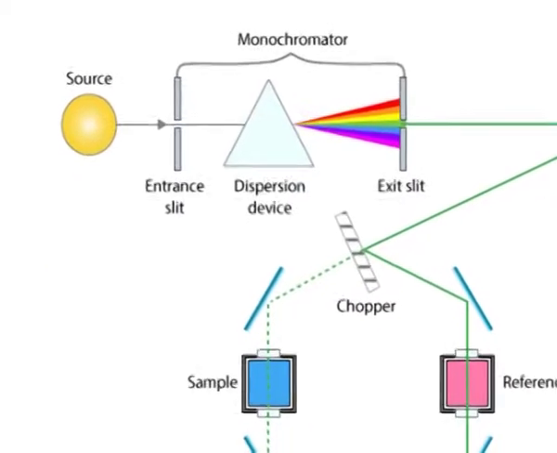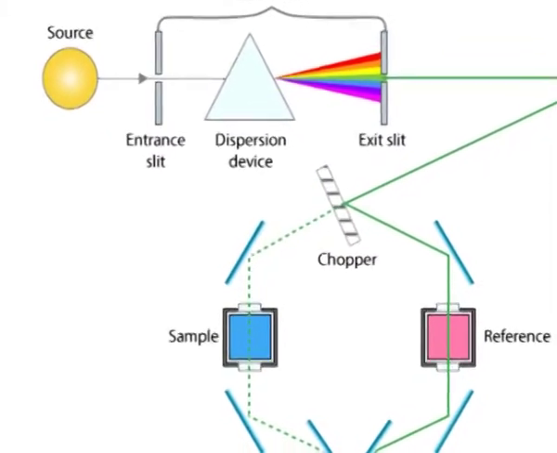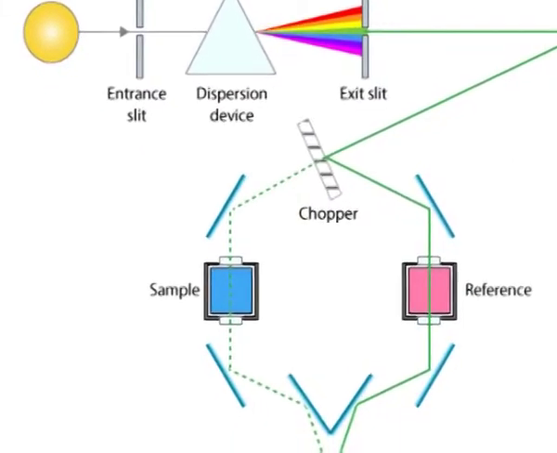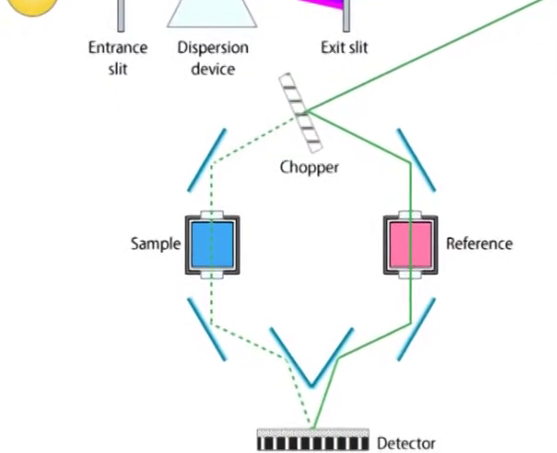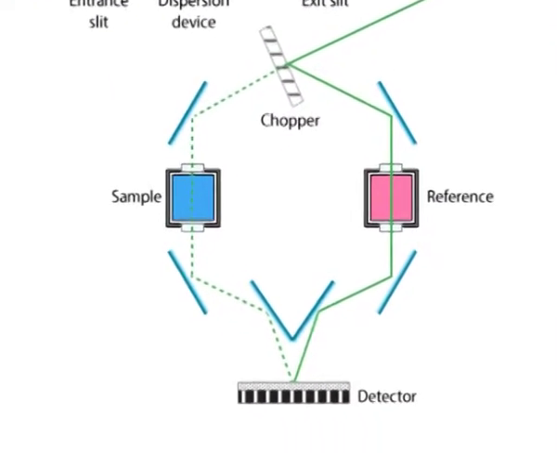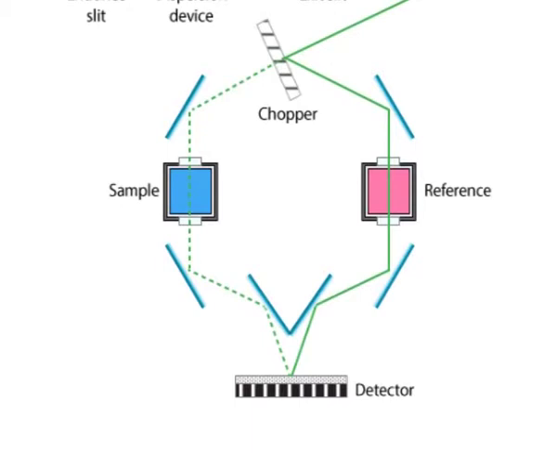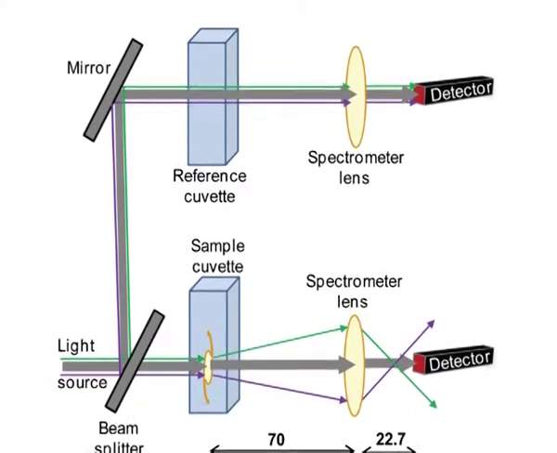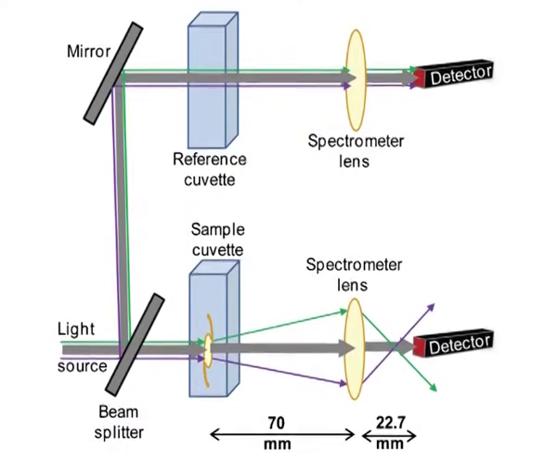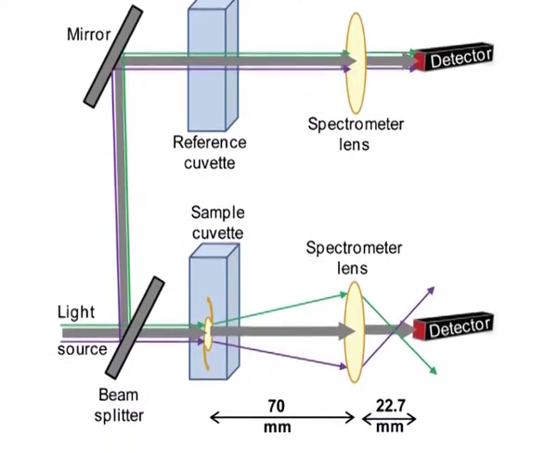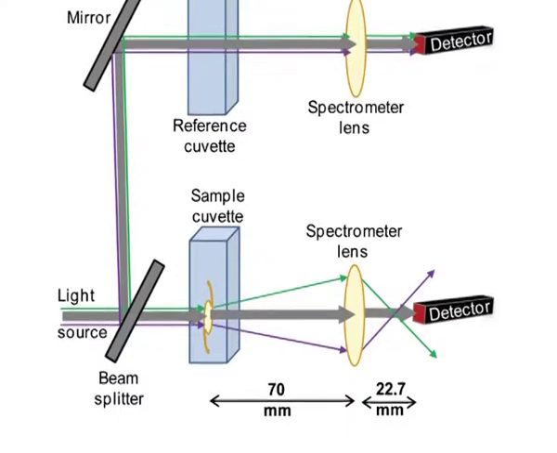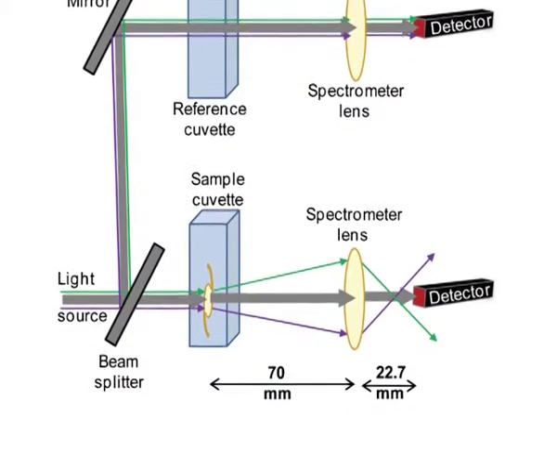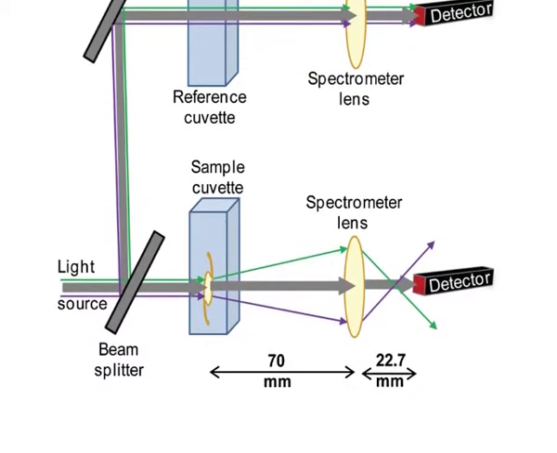In a double beam instrument, the light is split into two beams before it reaches the sample. One beam is used as the reference, the other beam passes through the sample. The reference beam intensity is taken as 100% transmission or zero absorbance, and the measurement displayed is the ratio of the two beam intensities. Some double beam instruments have two detectors, that are photodiodes, and the sample and reference beam are measured at the same time in other instruments.